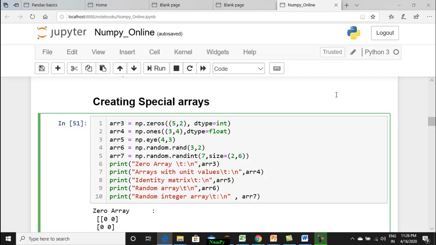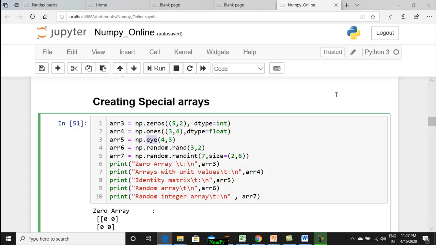So that is done by use of np.ones. Sometimes to perform matrix operations, we may need to create an identity element, which is created using np.eye. Identity element means only the diagonal elements remain 1, and all other elements remain 0. For each of these, you have to pass the number of rows and number of columns, that's it.